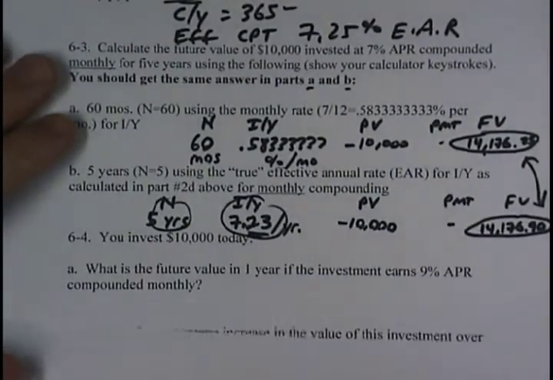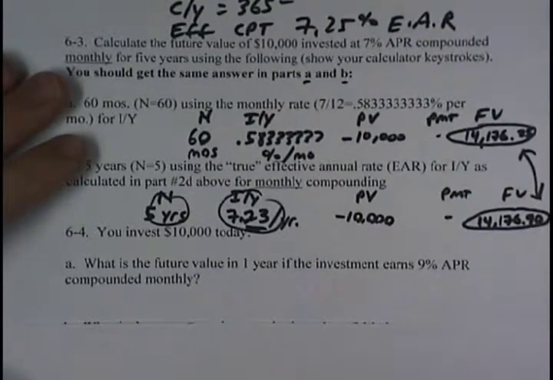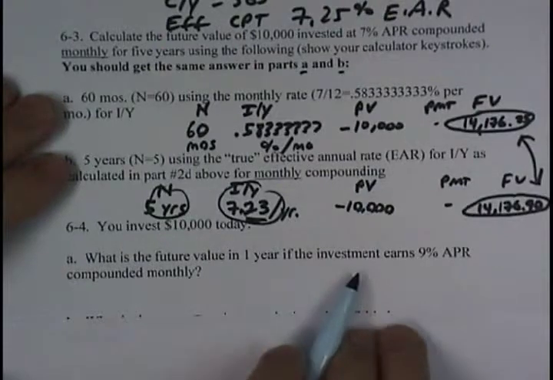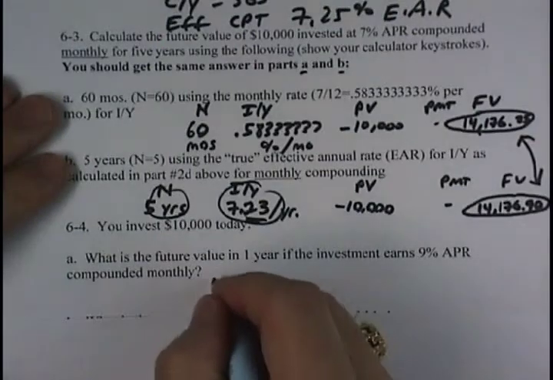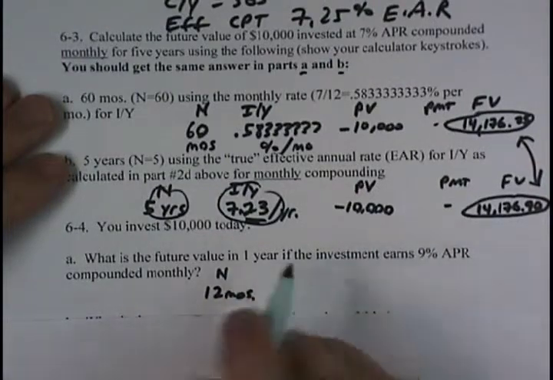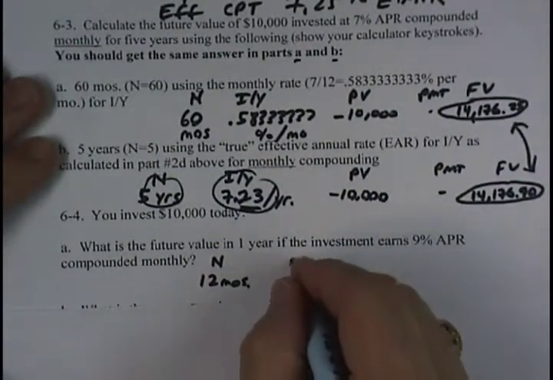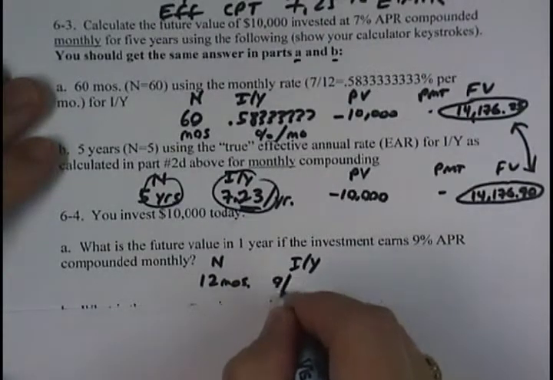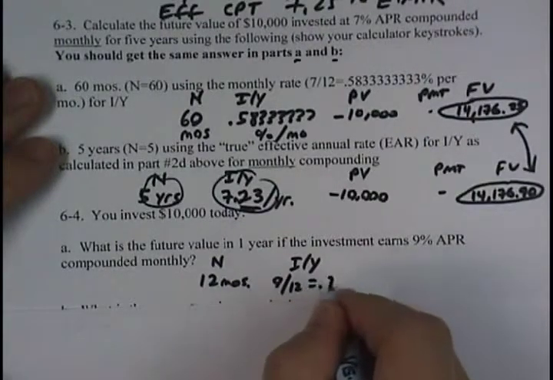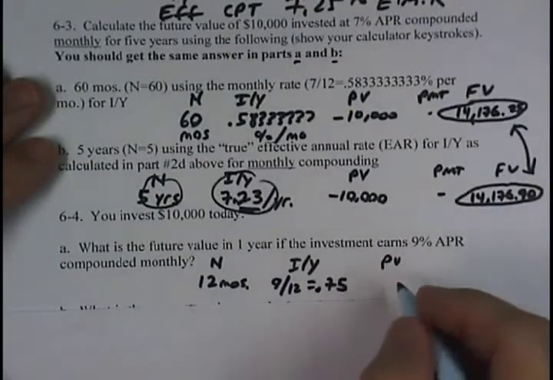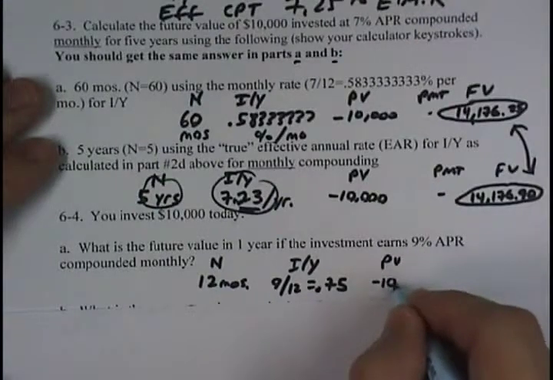In Part 6.4, it says you invest $10,000 today. What is the future value in 1 year if the investment earns 9% APR compounded monthly? Well, 1 year with monthly compounding is 12 months. I'll take my 9% APR and divide it by 12 to get a monthly rate of 3/4 of 1% per month. I invest $10,000 today,